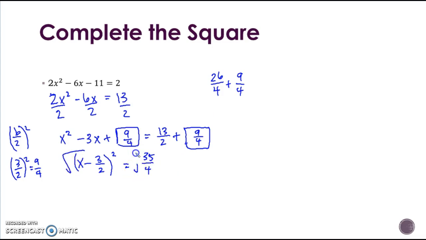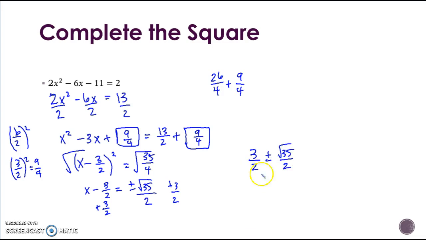And then I'm going to take the square root and start getting x by itself. So I have x minus 3 halves equals, I can't take the square root of 35, so I'm going to leave that. But I can take the square root of 4, so I'm going to put a 2 on the bottom. Then I'm going to add 3 halves to both sides. And I can rewrite this with the 3 halves first as 3 halves plus or minus root 35 over 2. And they both have the same denominator, so I can combine it and say 3 plus or minus root 35